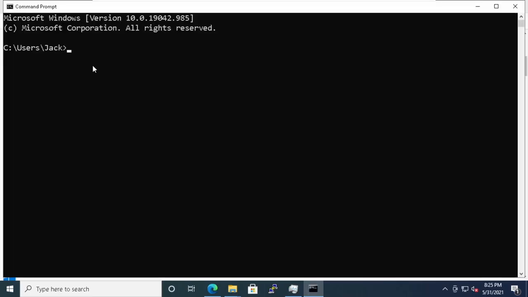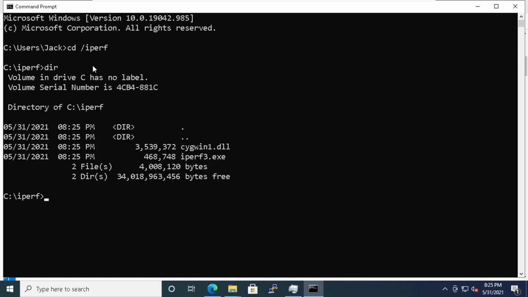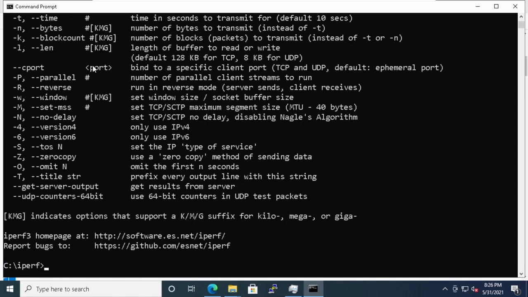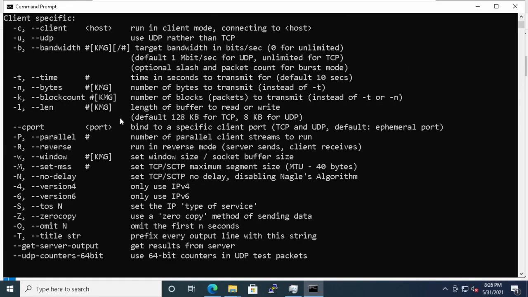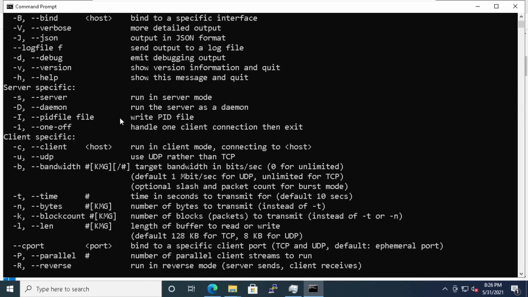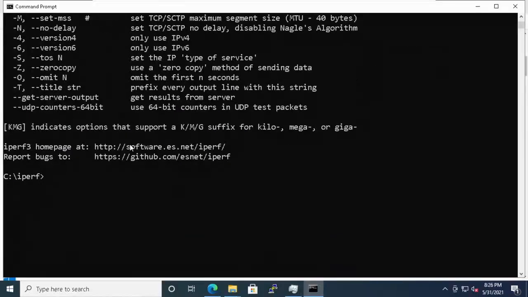Next, we'll navigate to the iperf folder by entering cd /iperf. When you enter dir on this directory, you can see iperf as an executable that you run. When you run iperf3 by itself, it lists the possible commands you can use with it. Since this is going to be the client, we need to use -c and specify a server we're connecting to. So let's enter iperf3 -c